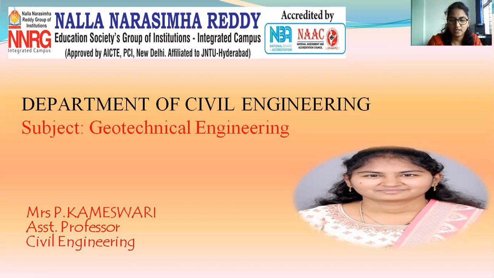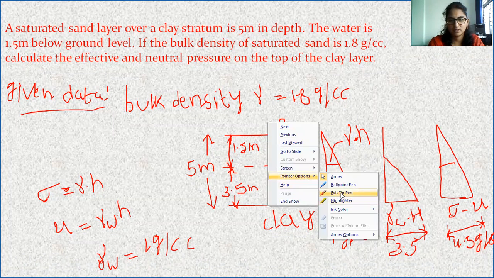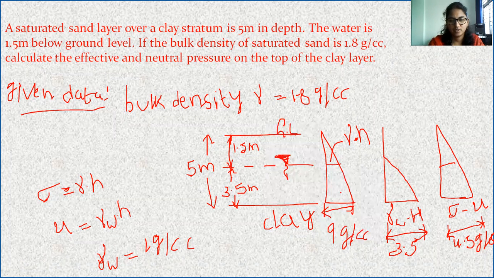My subject is Geotechnical Engineering. In previous classes, we already discussed a few things regarding Unit 2, the Permeability unit. We discussed one related problem, the effective stress problem. Now, today we are going to discuss discharge velocity. This problem was already discussed in the previous class. That one is a very important problem for our semester exams also.